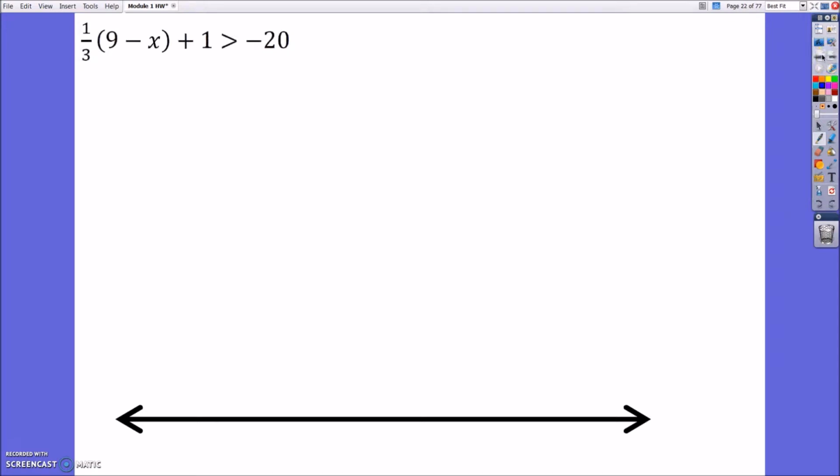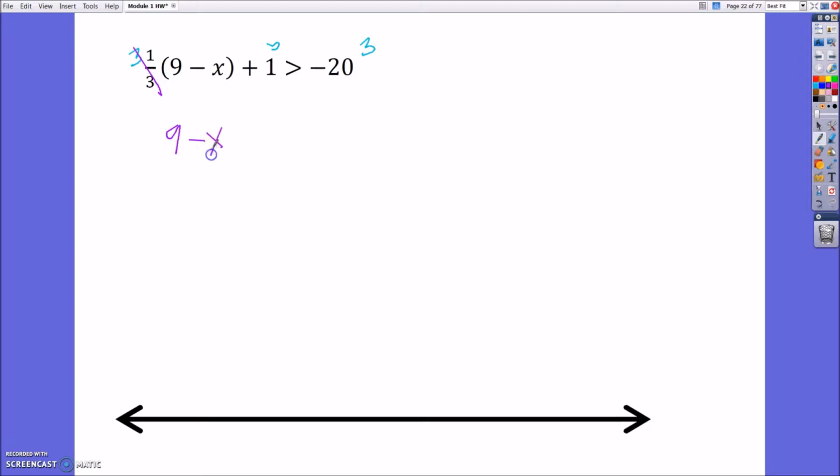So right here we have an inequality of 1/3 times the quantity of 9 minus x, plus 1 is greater than negative 20. First thing we want to do is isolate the variable x. We have two choices. We can either distribute the 1/3 or we can do a fraction buster, which is when we get rid of the 1/3. I'm going to choose that by multiplying each and every term by 3 because that is the LCM. That is going to give me, this is going to cancel, 9 minus x plus 3 is greater